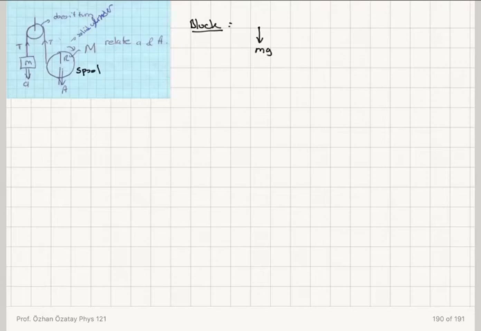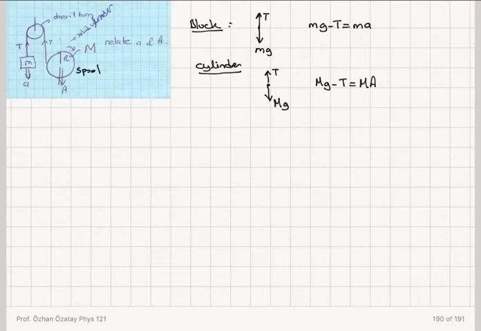Now, for the block, if I look at the free body diagram, I have mg and T, so I simply have mg minus T is equal to ma, the downward acceleration. And for the solid cylinder, I have capital Mg and the tension T, so capital Mg minus T is equal to capital Ma, and because it's rolling